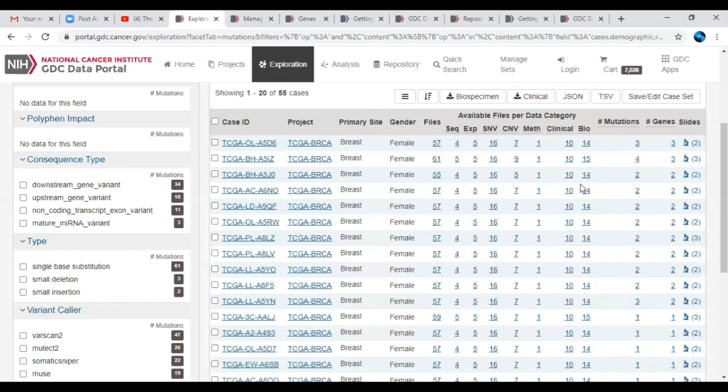So I think no more questions. In today's session, we have seen the overall flow of the GDC portal. In tomorrow's session, we are going to explore more by using another database, where we can also get the same omics data, and how the data has been used in that particular database, what type of clinical data is available, and what type of visualization and analysis tools they have used. This is what we are going to be exposed to in tomorrow's session.